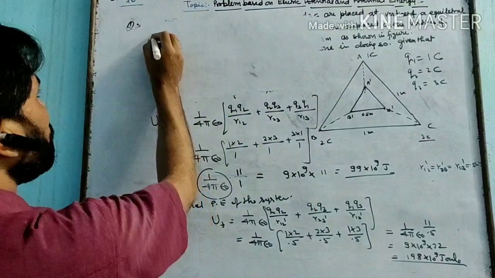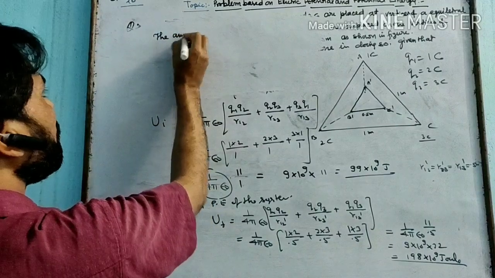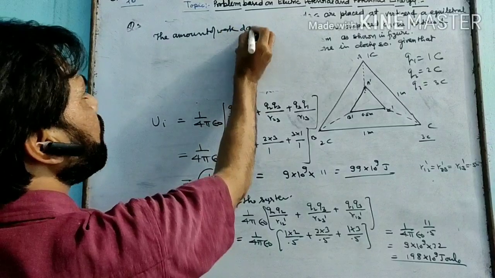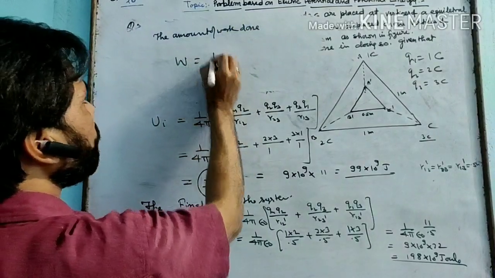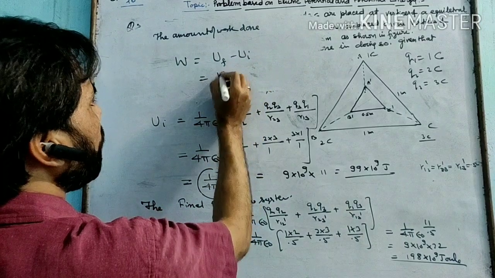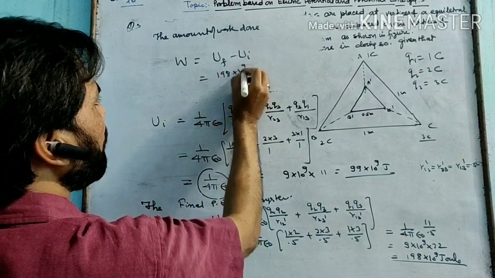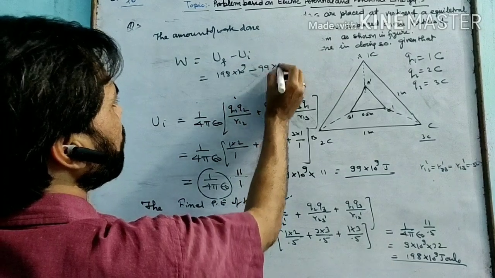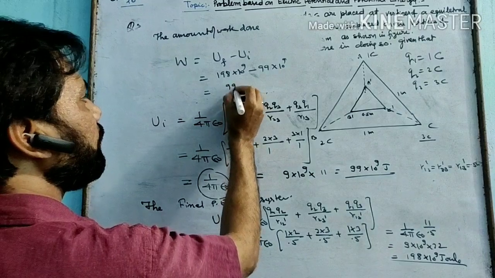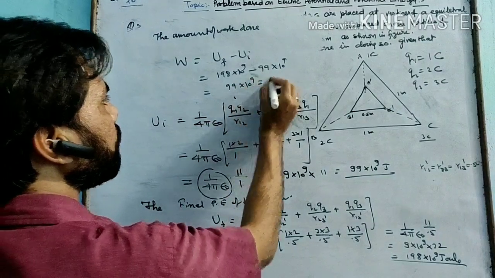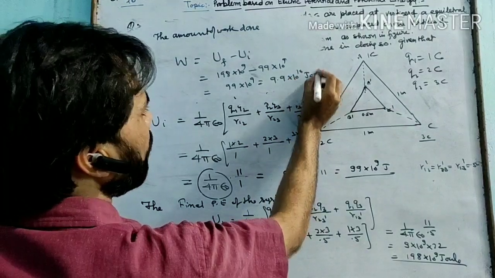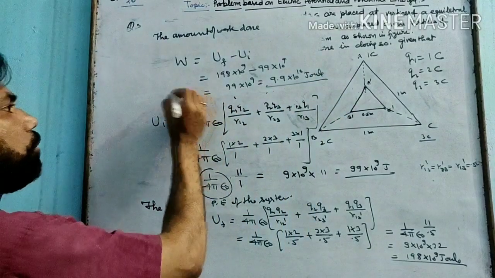So the amount of work done W is equal to UF minus UI, that is equal to 198 into 10 to the power 9 minus 99 into 10 to the power 9, that is equal to definitely 99 into 10 to the power 9, that is equal to 9.9 into 10 to the power 10. Okay, so this is the amount of work done